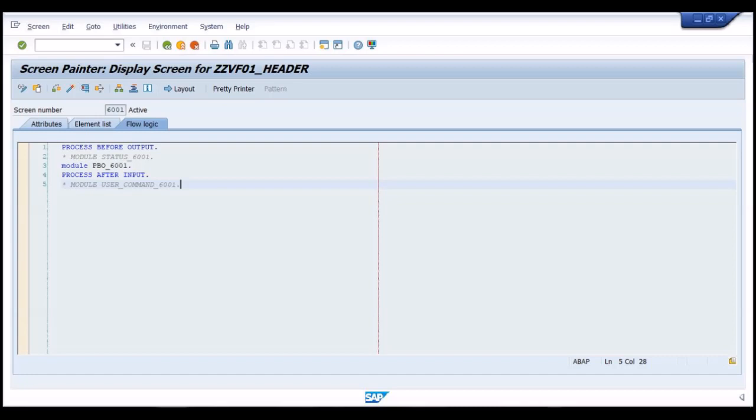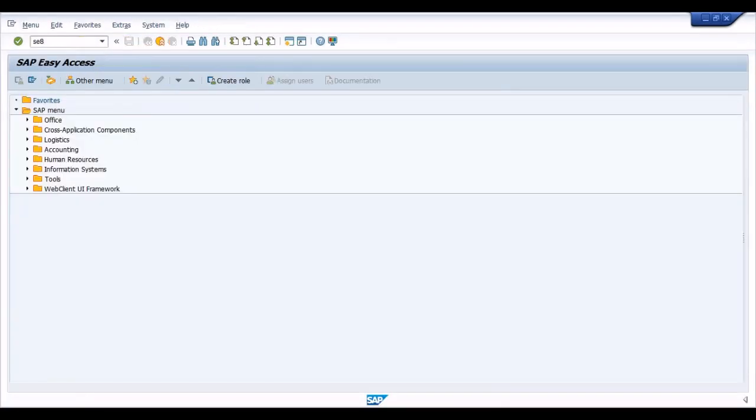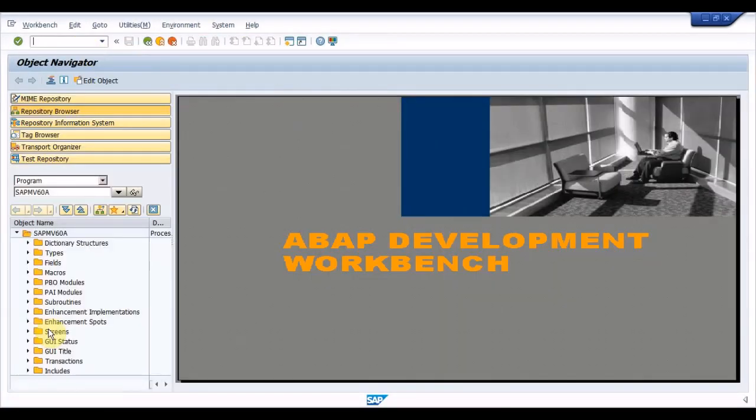Then calling the subscreen in the billing document through an implicit enhancement. Execute the transaction SE80. In the object navigator screen, choose the program in the drop down and input the program SAPMV60A, which is a main program for billing document.